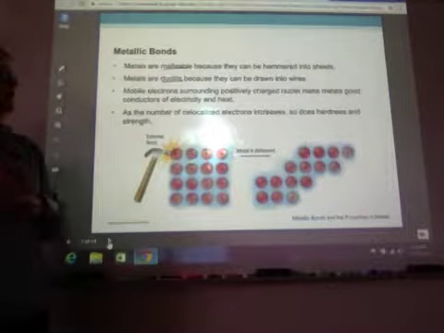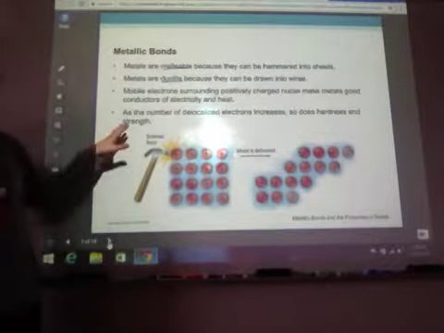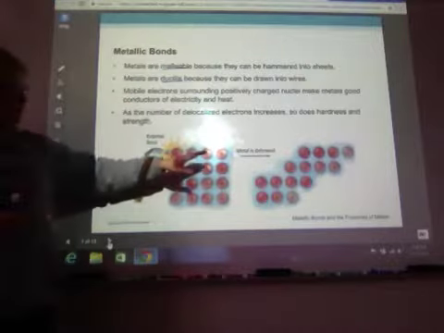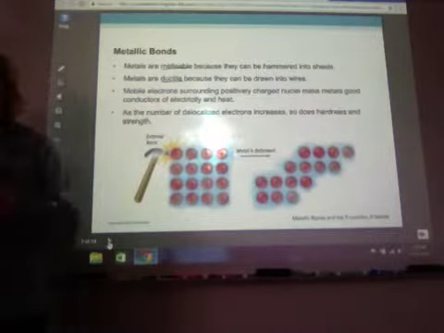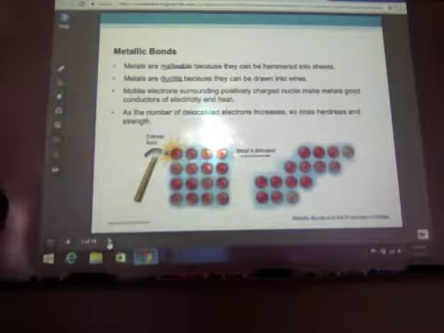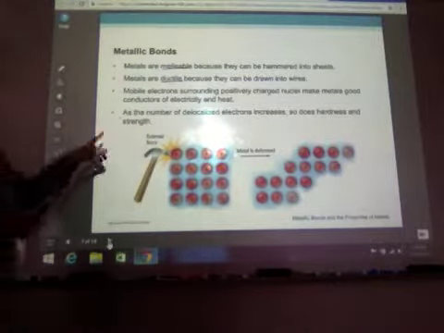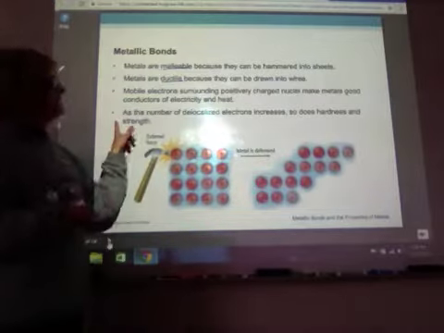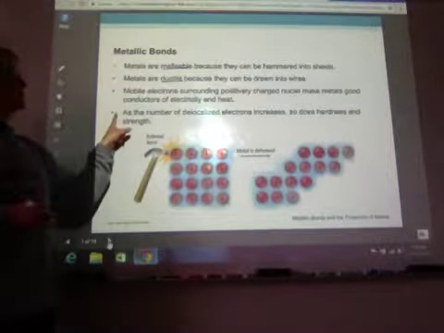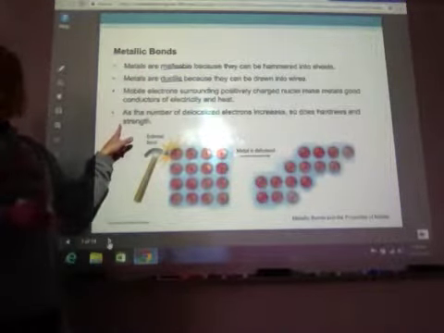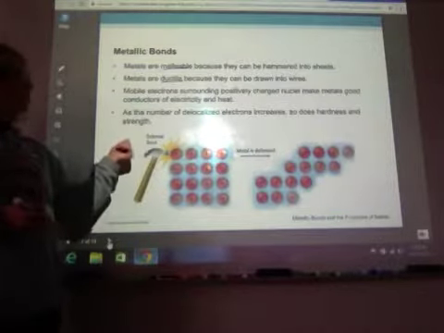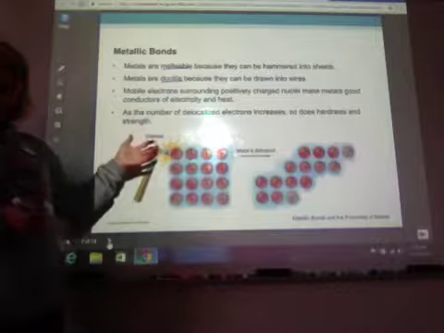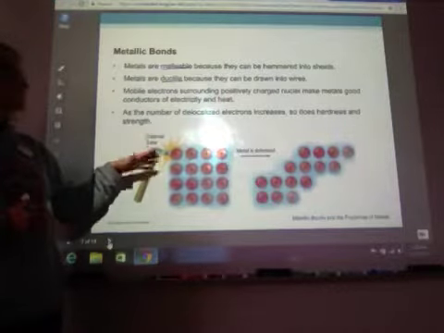It can be spread out into a wire. And then these moving electrons, like I said, make metals very good conductors of electricity and heat, both. As the number of electrons increase, so does hardness and strength. So there again, if you go back and look at the table before, if I look at tin, or if I look at aluminum,